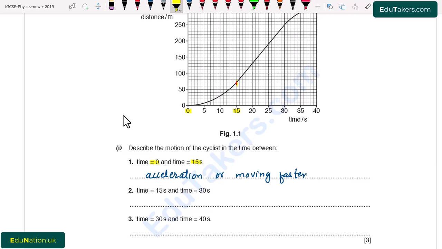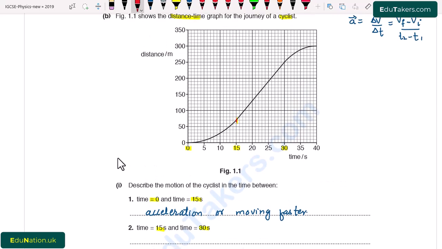Part 2. Time t equal to 15 seconds and 30 seconds. So here is 15 seconds and here is 30 seconds. We can see here a curve between time t equal to 15 and 30 seconds, and this curve is a straight line. The straight line shows that the velocity of the body is constant. It means that the body covers equal distance in equal intervals of time. You can see here that as time increases, its corresponding distance value also increases. So we can simply say that the cyclist is moving with constant speed.